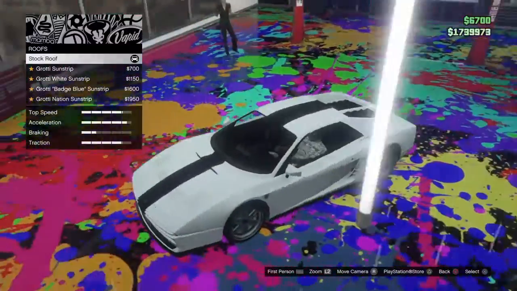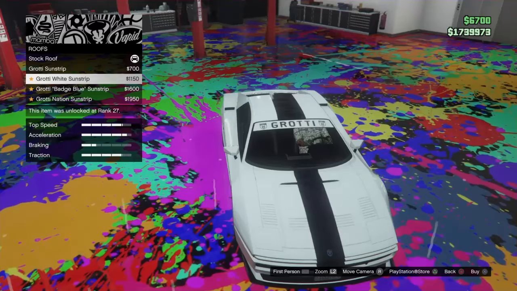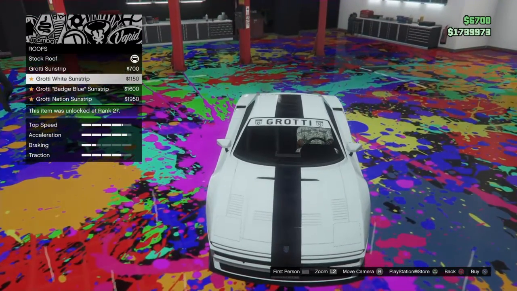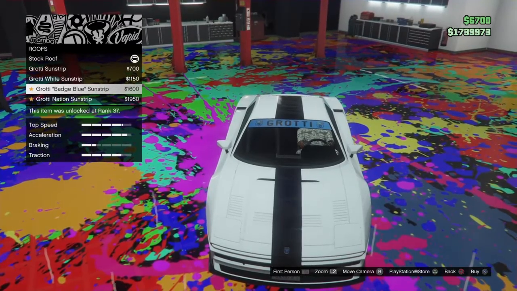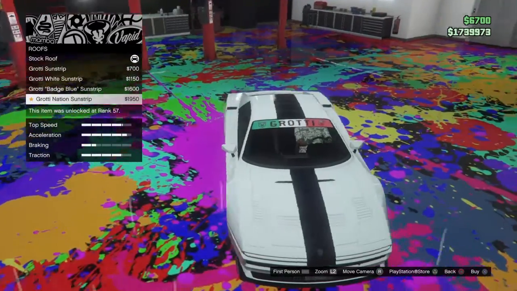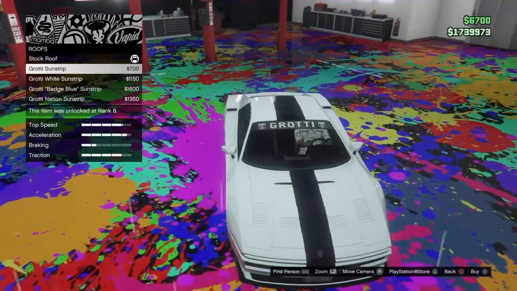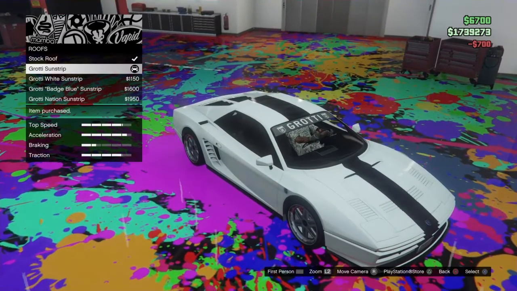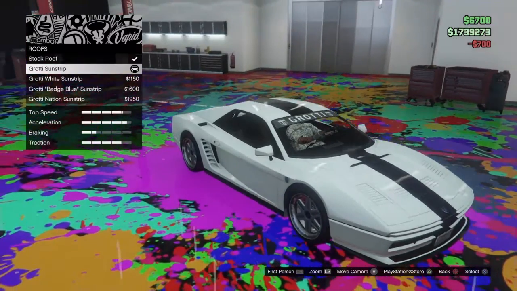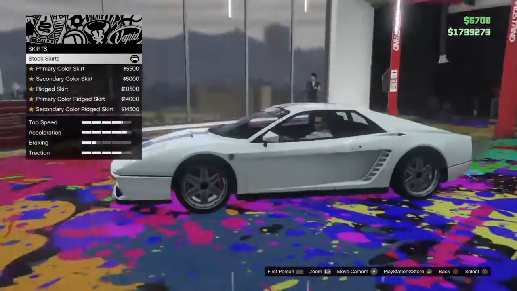Roof, we've got a few options here. We have the grotty sunstrip, which looks pretty nice. Sorry if you can hear all the cars and that passing outside, I have my window open. We've got the grotty white strip, the grotty badge blue strip. I do really like these, and the grotty nation. For now I'm going to go with the grotty sunstrip, but I'm not quite sure what colour I'm going to put this car. Probably in some sort of red, maybe, like most of my cars. But I'm going to try and make it different,